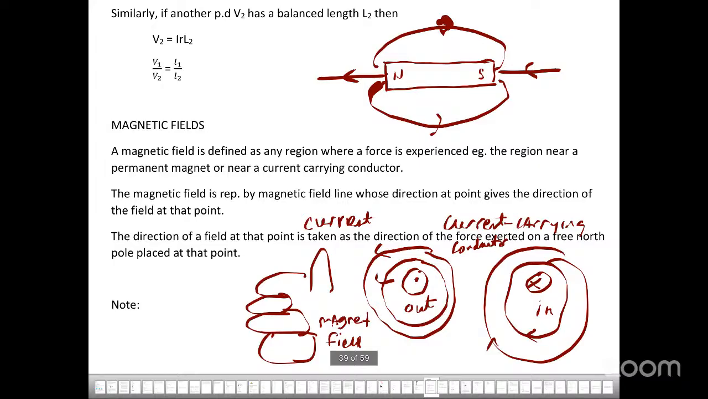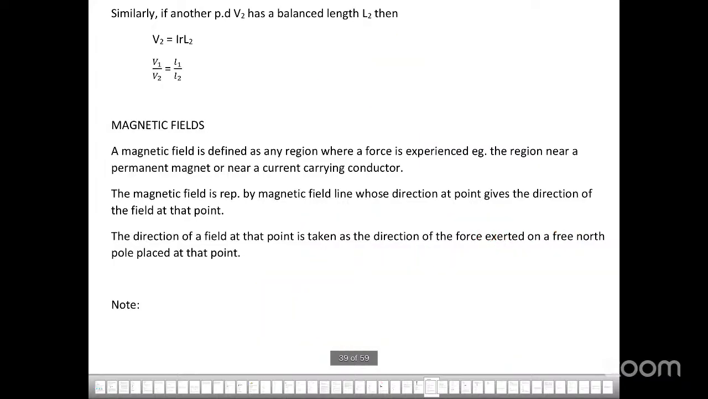All right, nice. So a magnetic field is represented by magnetic field lines whose direction at a point gives the direction of the field. The direction of the field is taken as the direction of the force exerted on a free north pole. So all it's saying is this: if here is north and here is south, and I place a magnet object here,